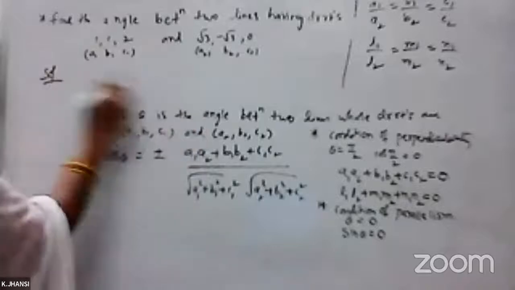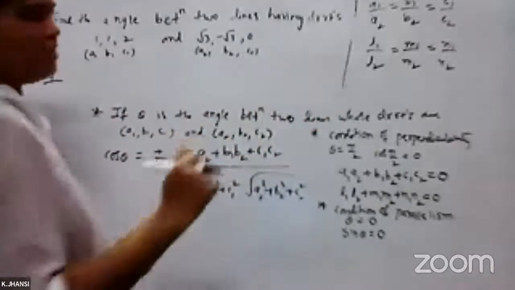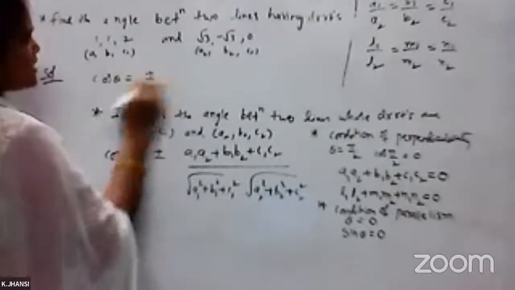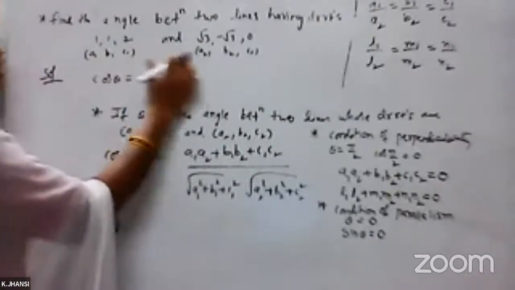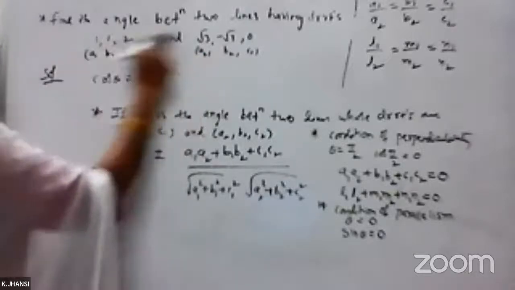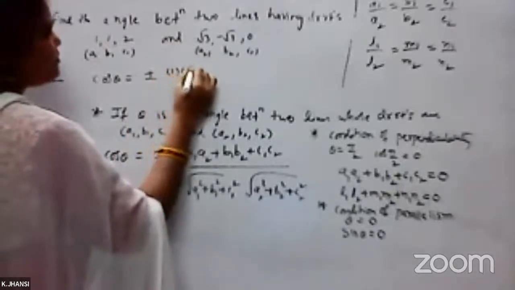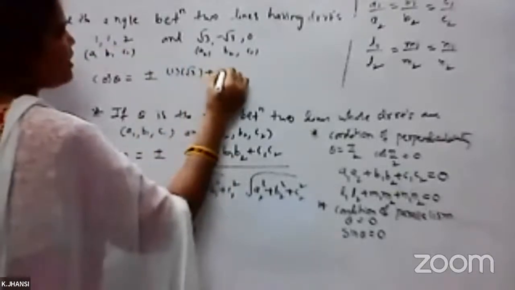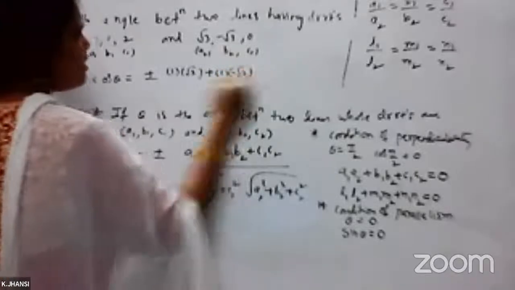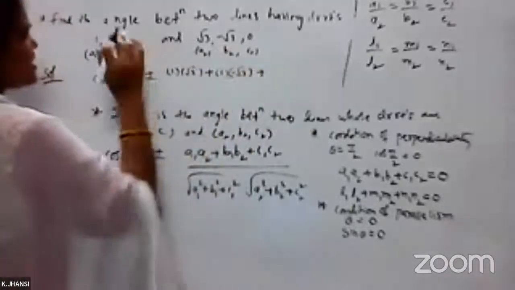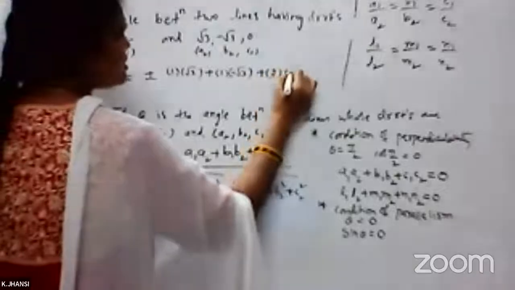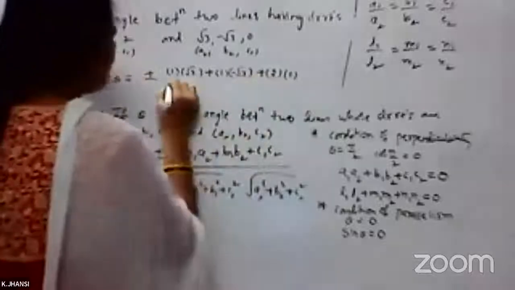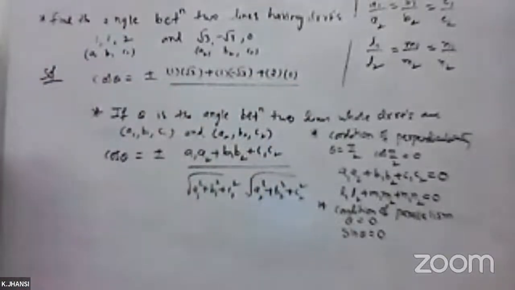So we know that if theta is the angle between two lines whose direction ratios are these, we'll get cos theta equals plus or minus A1 into A2, so that is 1 into root 3, plus B1 into B2, so B1 is 1 and B2 is minus root 3, plus C1 into C2, C1 is 2 and C2 is 0, okay, by under root of